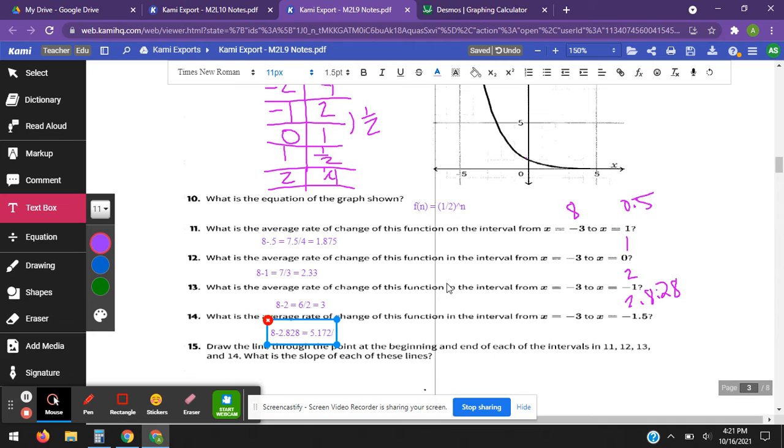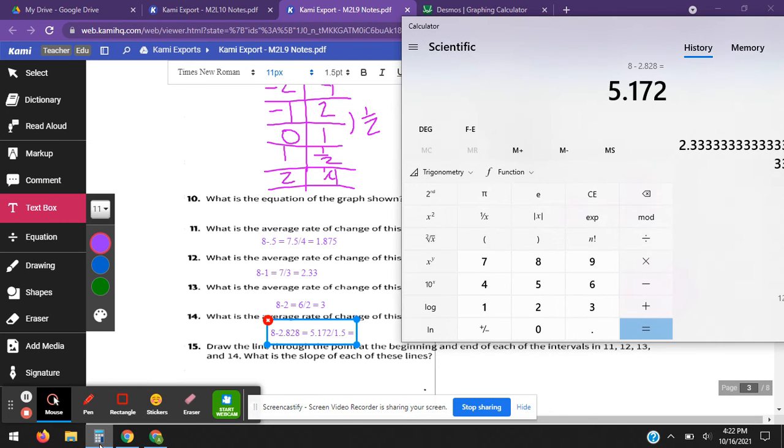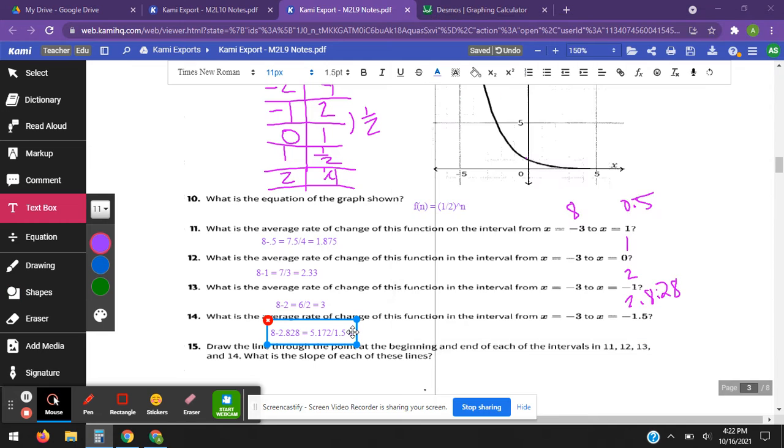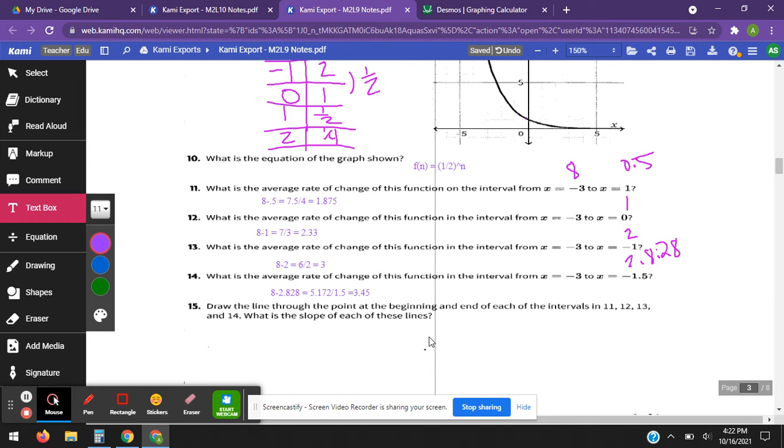5.172, and I divide it by, let's see, 1.5, right? So that's not how I, so 1.5 equals 3.44, so let's just say 3.45. We'll round to the tenths or hundredths. 3.45. Okay, so draw the line to the points at the beginning and the end of each interval in 11,